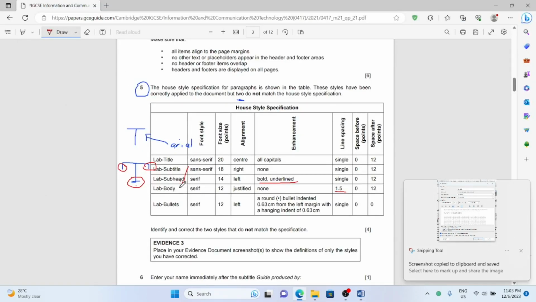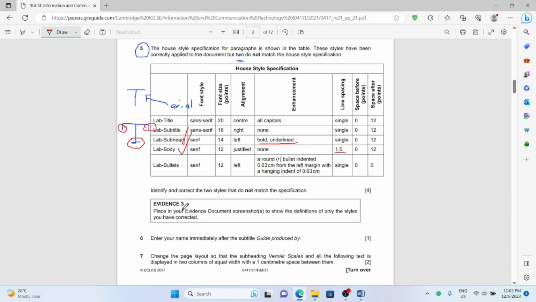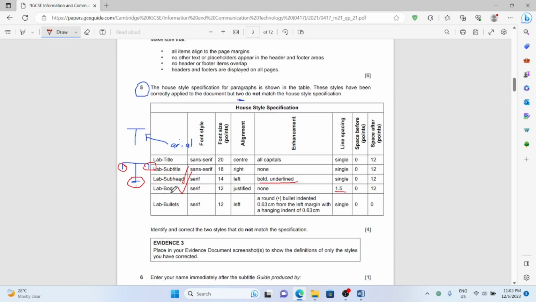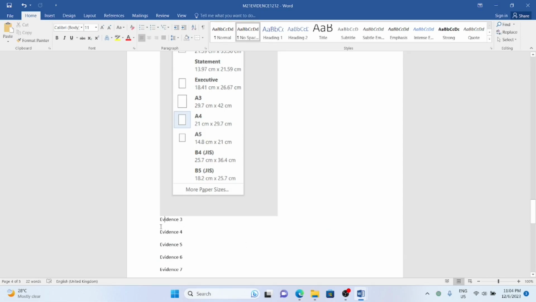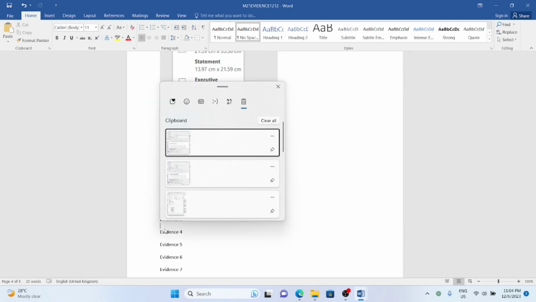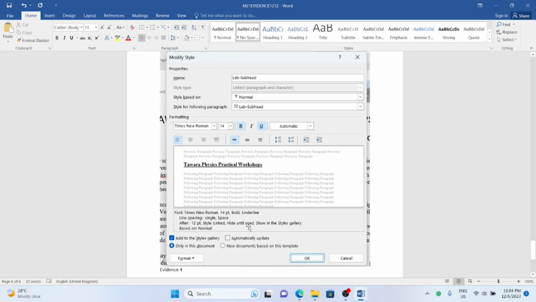So since you have identified 2 errors or 2 styles which do not match, you do not need to check bullets, as it's guaranteed correct, because only 2 styles do not match. So now for the evidence, you just paste the pictures you screenshotted into the evidence document. So let's go ahead and do so. 1, the body, 2, the subhead. Right, done. Let's move on to question